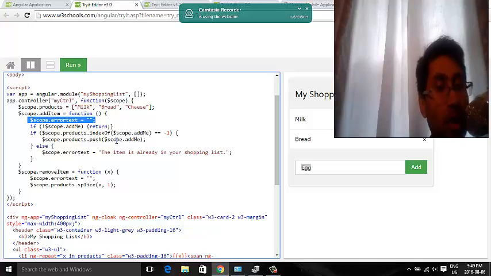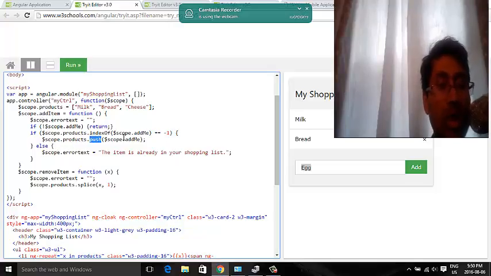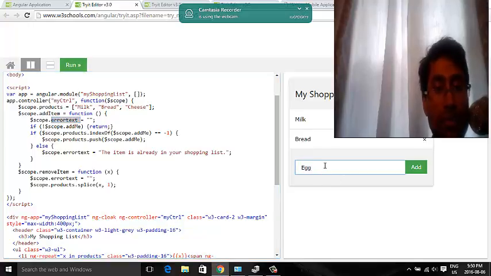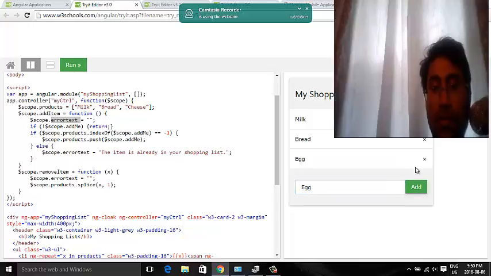So they're using push, and if it is already there, there is error text. Let's say add, and then